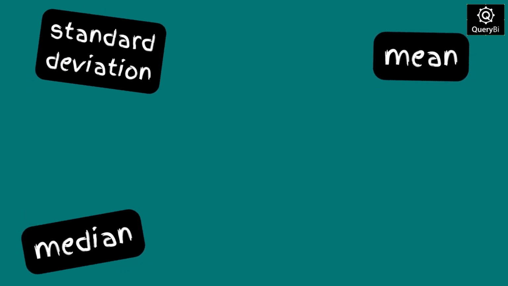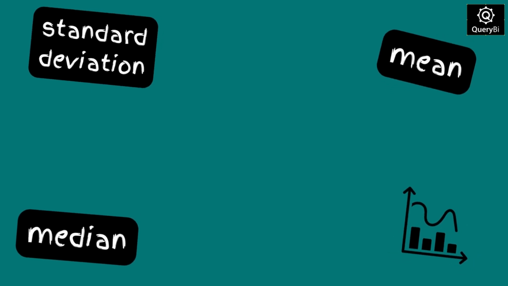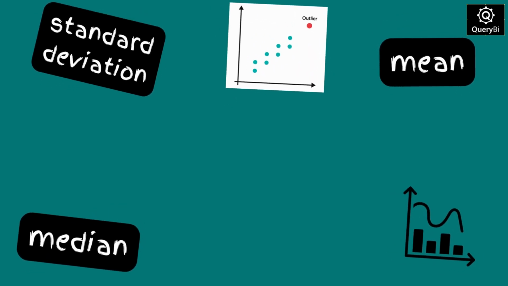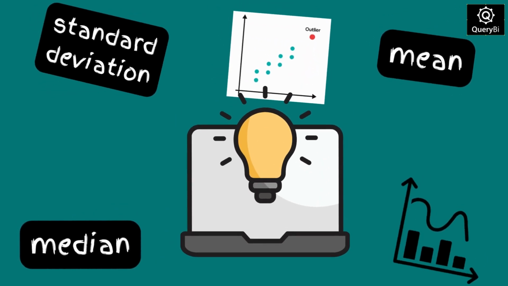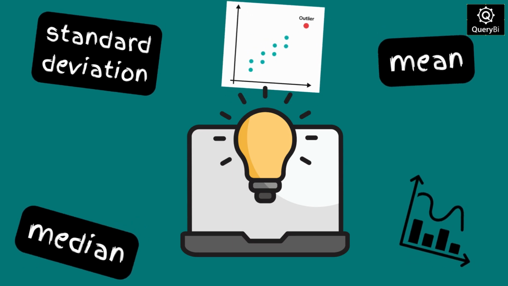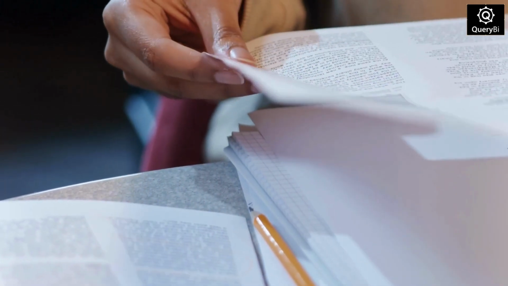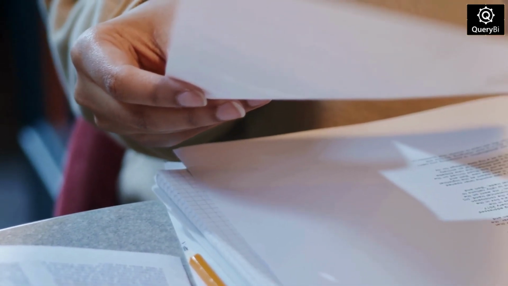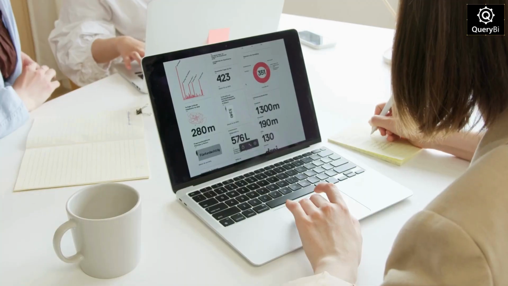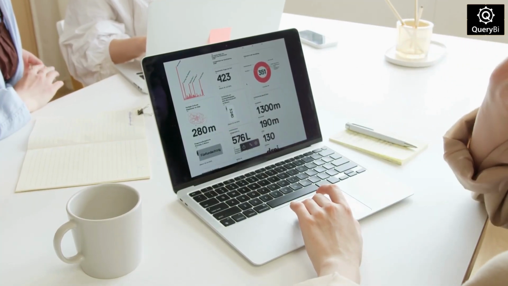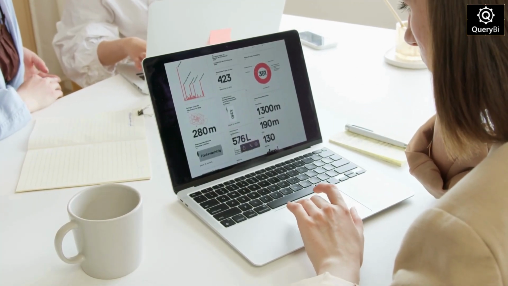In this series, I will guide you through the foundation of statistics, concepts like mean, median, and standard deviation. We will explore distributions, understand outliers, and learn how to spot what really matters in a dataset. You don't need to be a maths expert, just curious and ready to see data differently. This is not about memorizing formulas, it's about learning to think statistically so you can feel more confident with data and turn numbers into decisions.